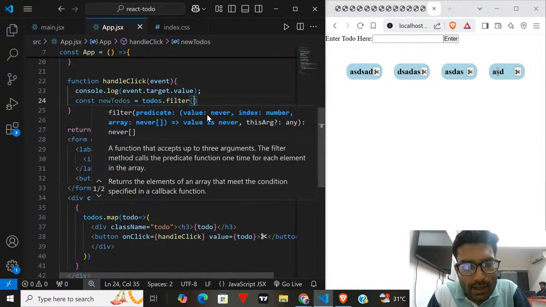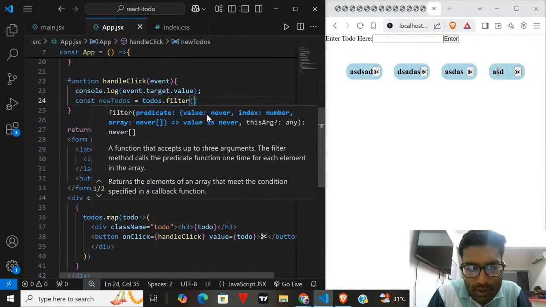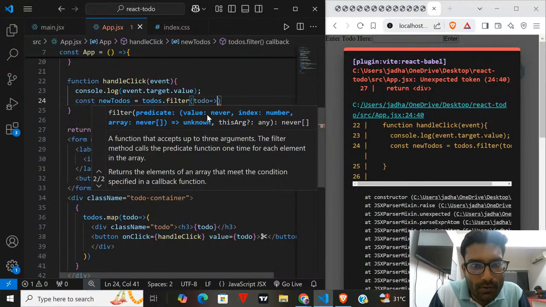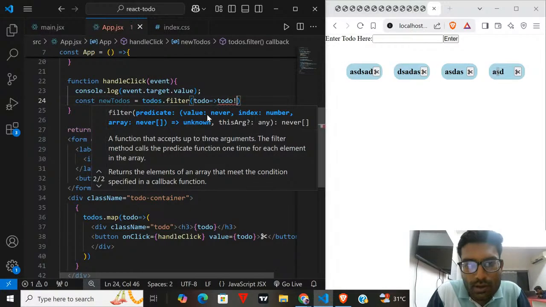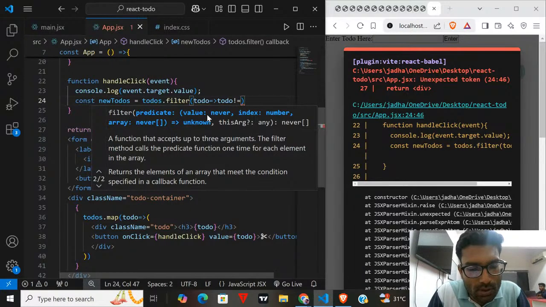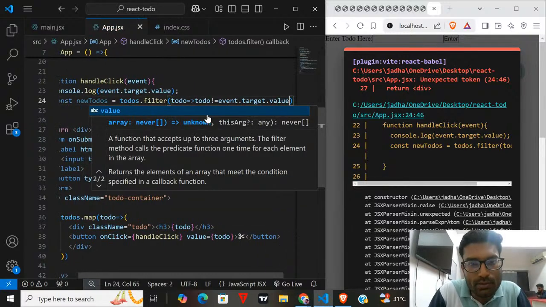We will filter that element, and we will get one todo here. And what we need to return: the todo should not equal event.target.value.